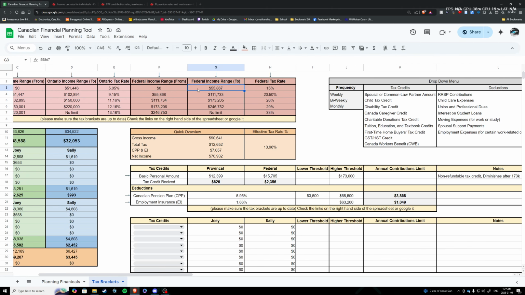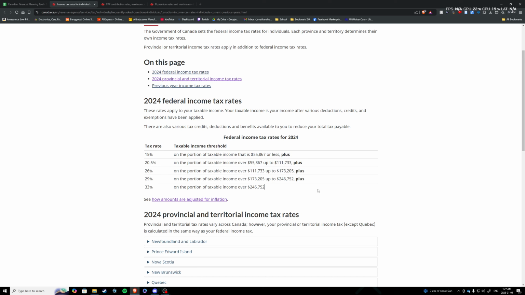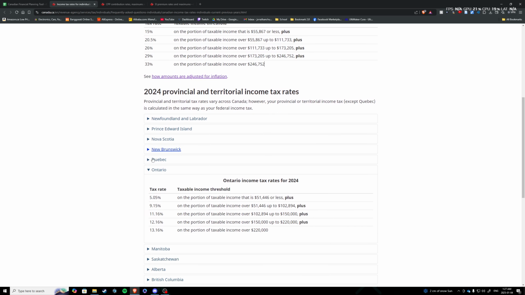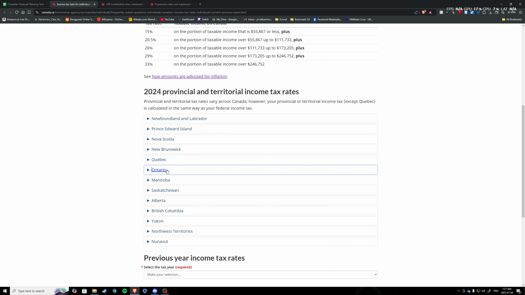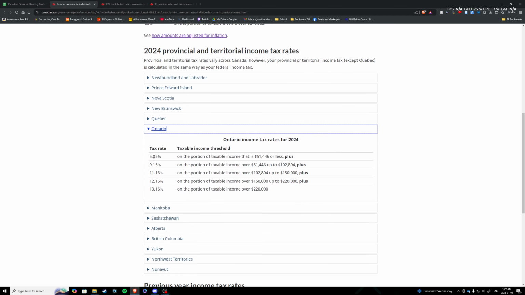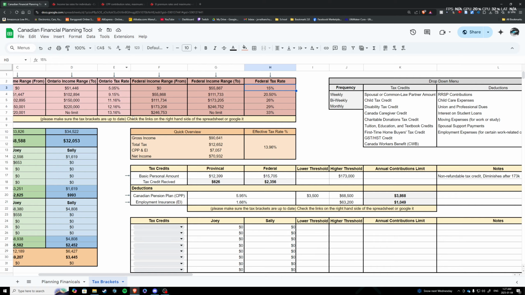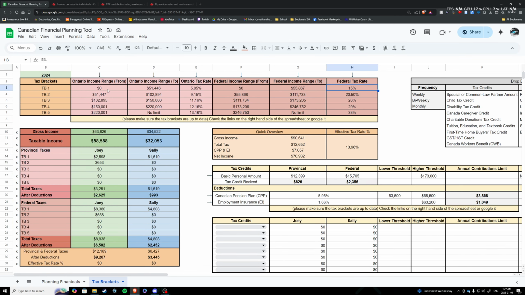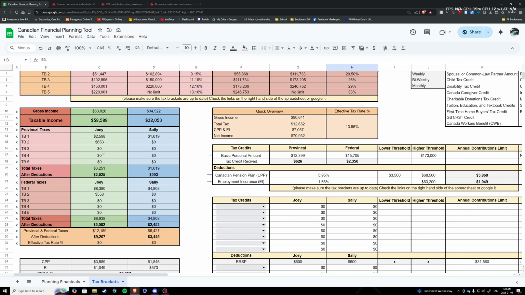So you can see these values are the same. So yeah, just take these values, insert them there. Then you have to scroll down, look for Ontario. So Ontario, check these out. 5.05% on 51K or less. Check these brackets, stick them in here, and this will then take your gross amount of money, do your deductions,